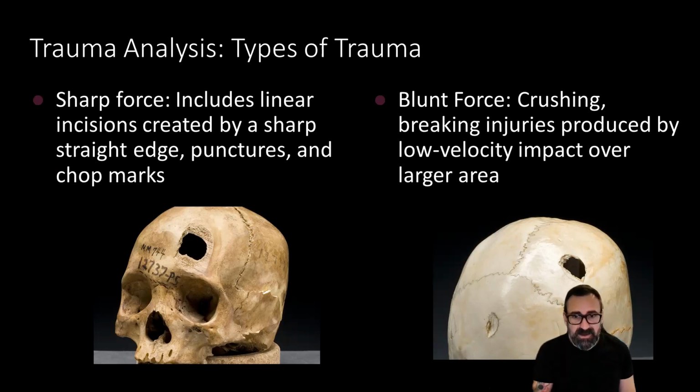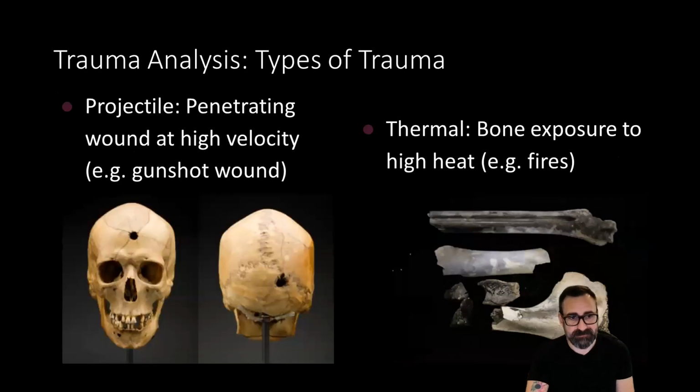Right above my head, you can see blunt force trauma. This is caused by crushing force, and oftentimes it'll leave some radial cracking kind of far out. So you can see a little bit of that here, oh, other side, that side. I'm mirrored on the screen. But anyways, on that side, you can see that there's some radial trauma. So these are both examples of blunt force trauma.